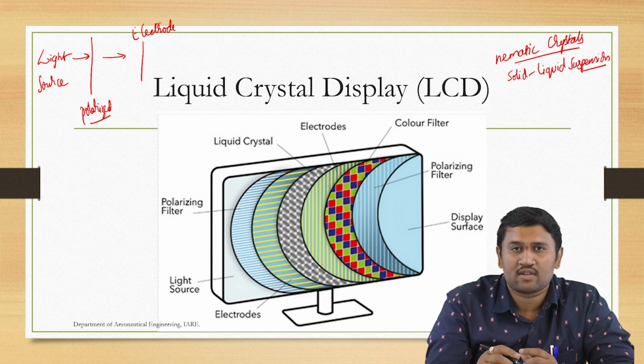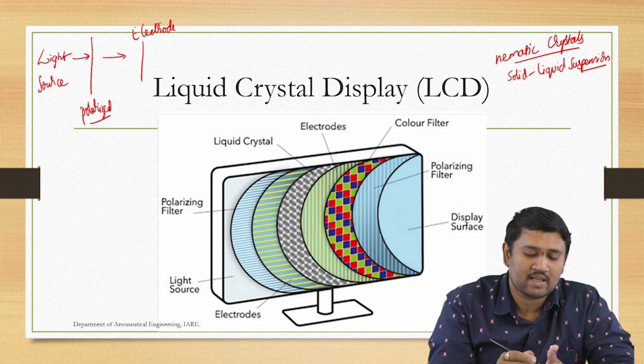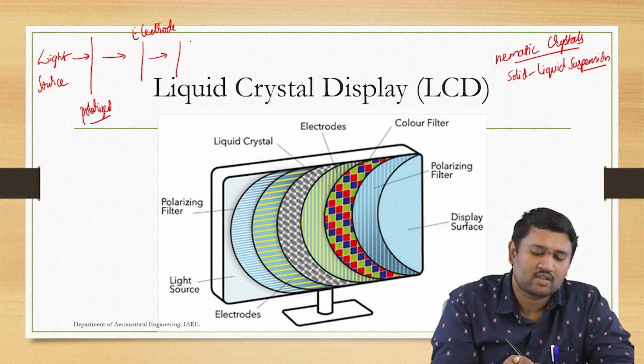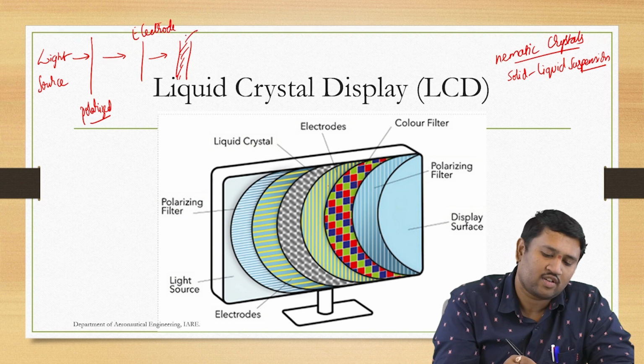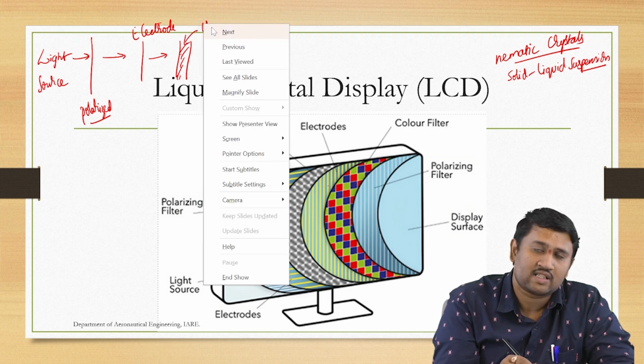You can control the electrode densities through which the light is getting passed. Then from the electrode, your suspension, what we have discussed earlier, your crystals,